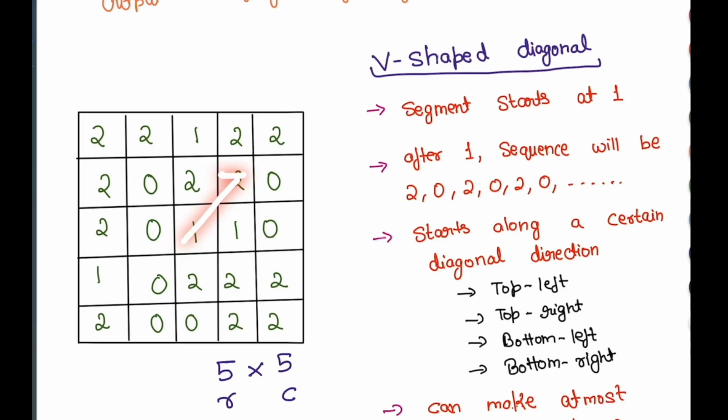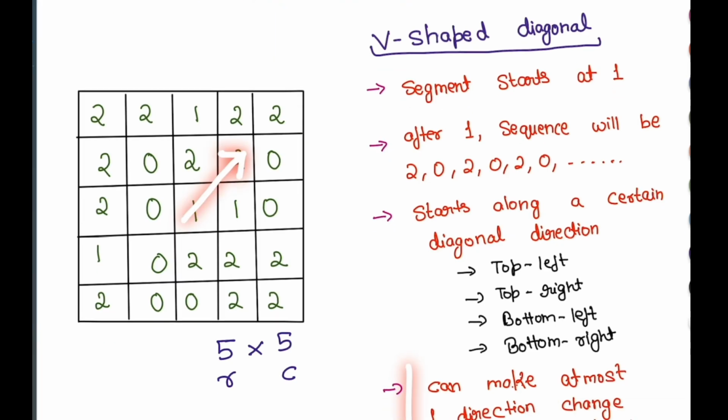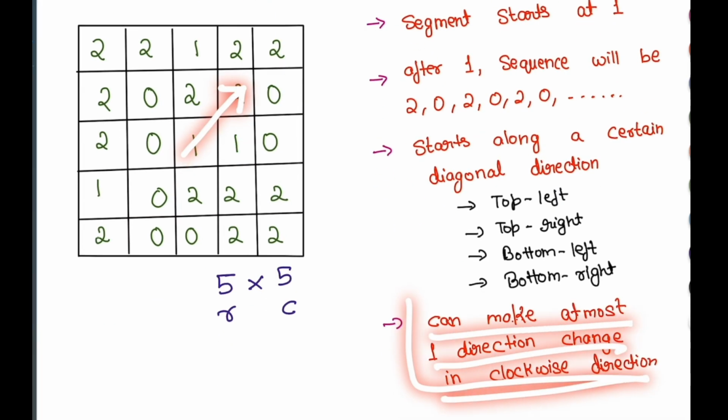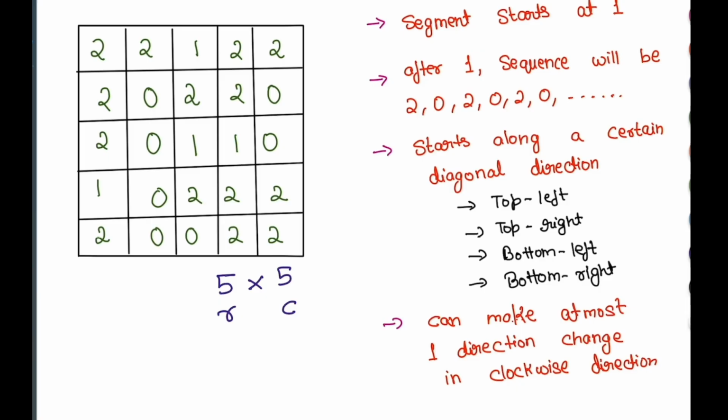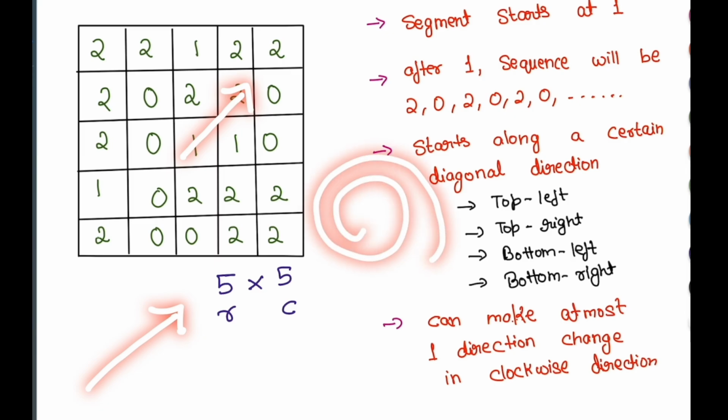Up to this point, it was valid. Now condition number 4 says that you can make a direction change at most one time in a clockwise direction. So I was going in this particular direction, in the top right direction. If I make a clockwise change, basically this is the clockwise direction, right? So if I am pointing to top right, if I change in a clockwise direction,